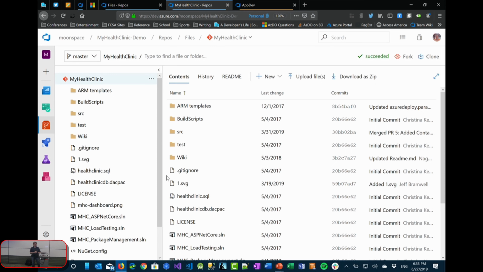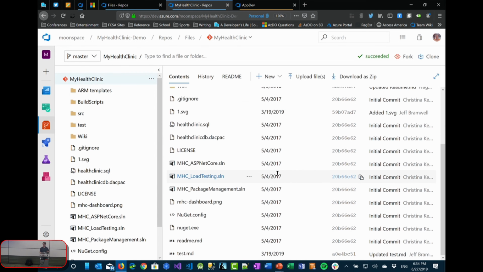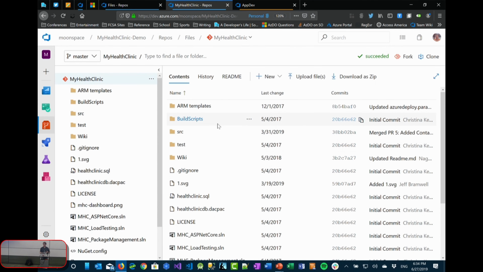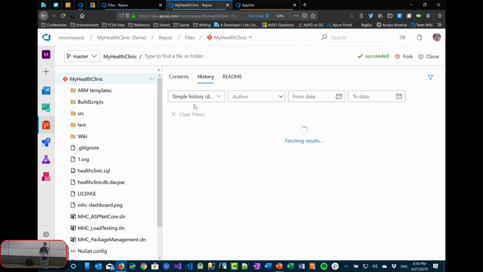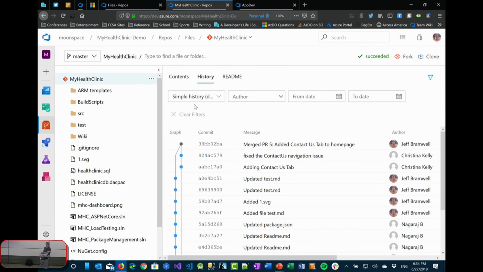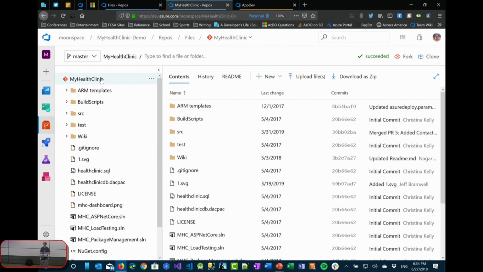So when we jump into Repos initially, you see what you probably would expect to see, a whole bunch of files and folders. Essentially it's your project structure of whatever you checked in or committed to the Git repo. So nothing too surprising there. We'll go through some of these views. For example, on History, I'm at the top level of this project, so this would show me the history for that entire project tree.